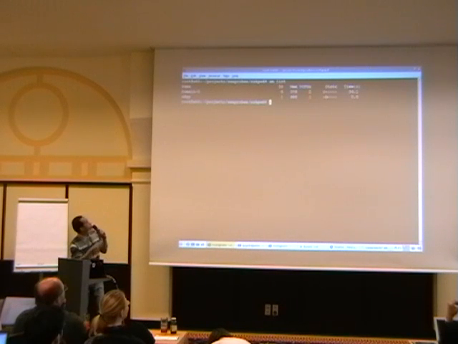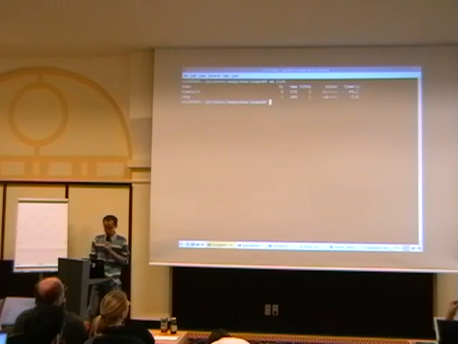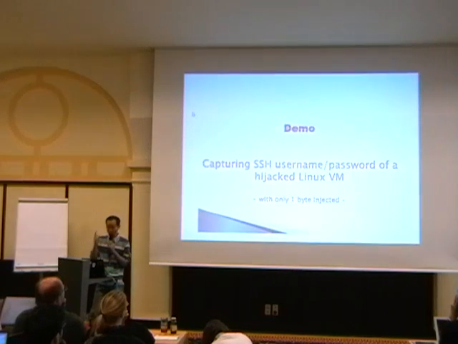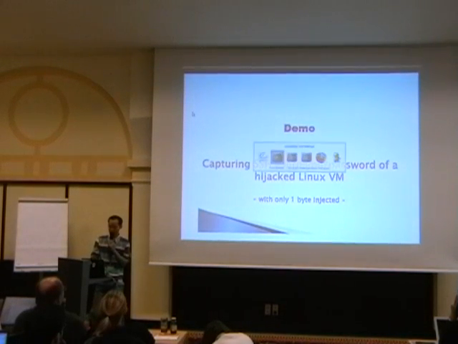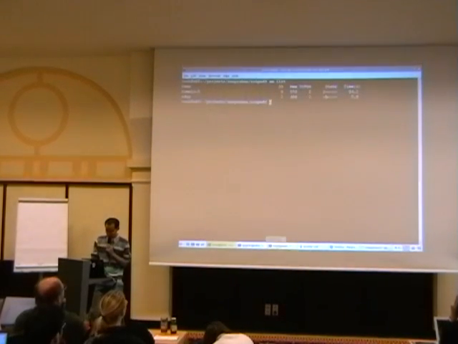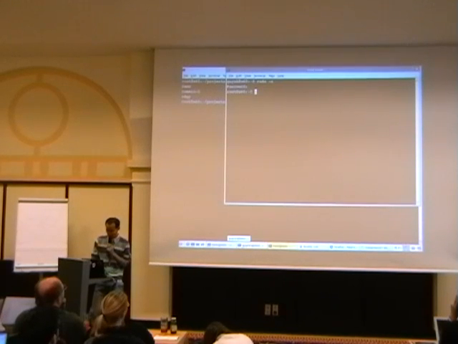You can see that we have 2 virtual machines: domain 0 and the other one, named SZ. Now from domain 0, I will run a program that will inject only 1 byte into SZ. SZ is a Linux virtual machine, and inside SZ we have a secure shell